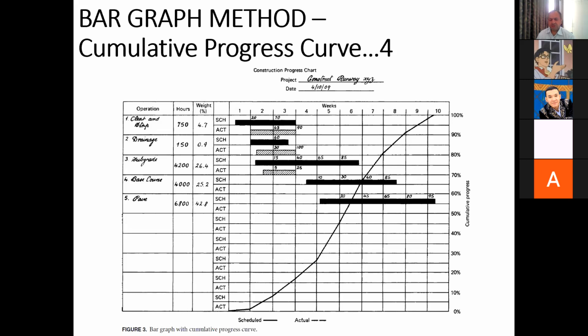In Microsoft Project and in Primavera P6, there is an option to show and hide those relationship lines, the relationship arrows between the bars.